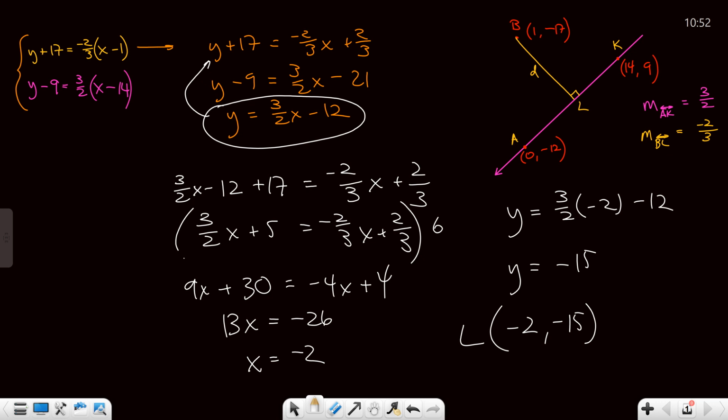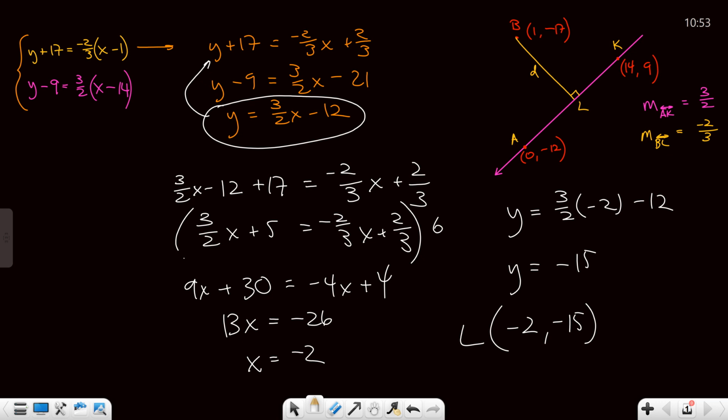What's the last step to solve the problem? Distance. Now, the nice thing, and the reason why we spent a week doing coding, is that's not a big deal. You bust out your calculator, you run your distance program between 1, -17, and -2, -15, and we pray. What two numbers do you put into the distance formula? Just go with 13.